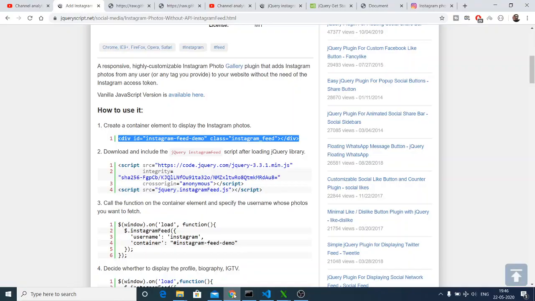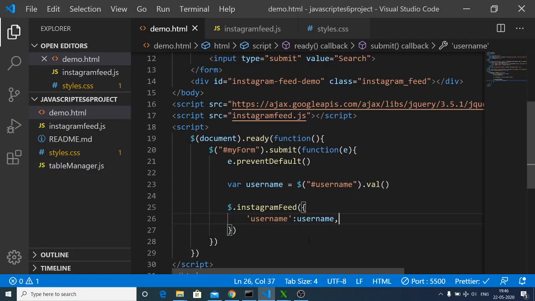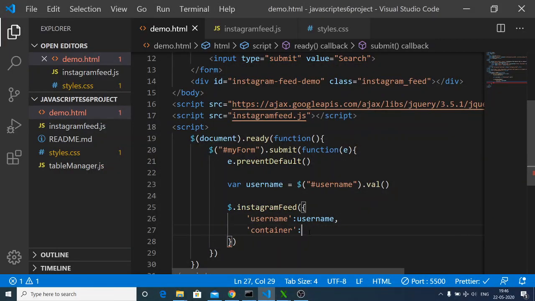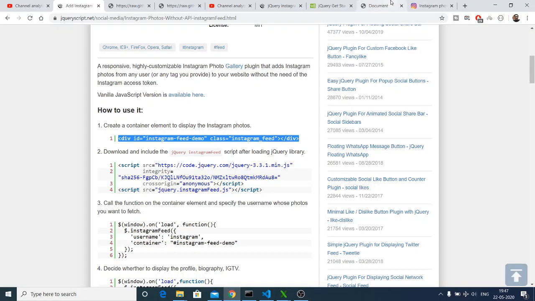And the second option is the container where you need to put these images. So there is a container property, and here I will give the ID that the user has provided. So here you need to press the ID. So in order to write the ID, we will use the hash symbol and then the ID name, which is Instagram feed dash demo. And with that, our application is almost complete.